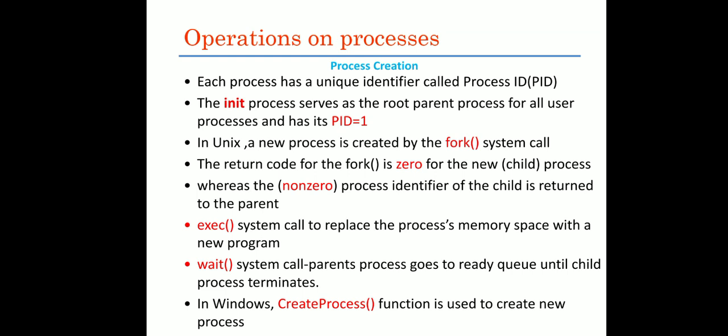This init can create a number of child processes. In Unix, as I said, it uses the system call fork to create the new process. The fork system call will create a new child process. In this scenario, the parent process can allocate its memory to its children, but the ID of the child process and parent process will be different. The child process can use the parent process memory.